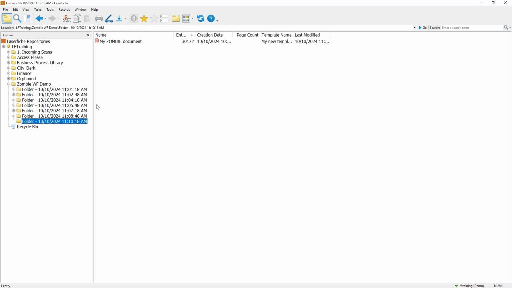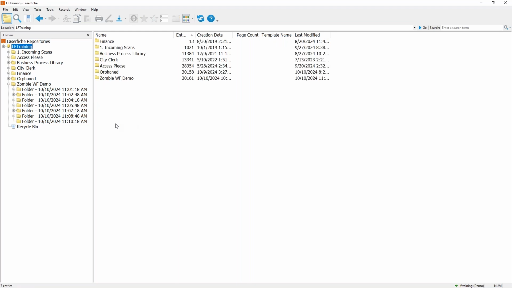All right, the next topic is orphaned documents. This usually occurs when you are importing a volume. It's rare, but it does occur. And you might find that if you've imported a volume,